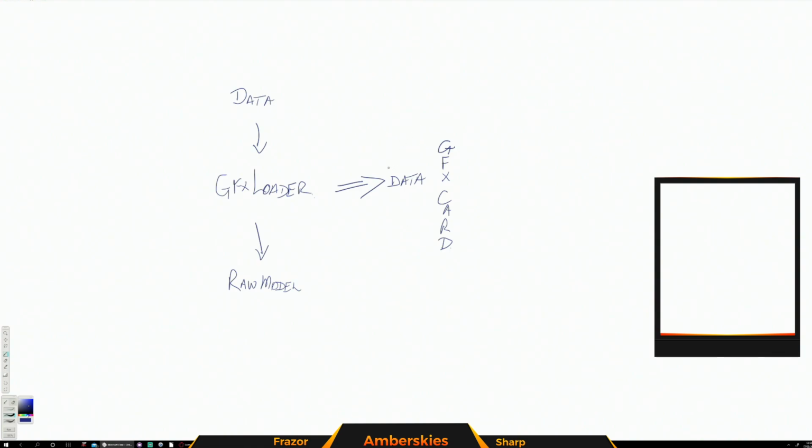So that is like that, and that's all it does. Doesn't really do much more. So that's the idea of a GFX loader. All it does is it takes your data, places it on the graphics card, and returns to you that. Now that raw model